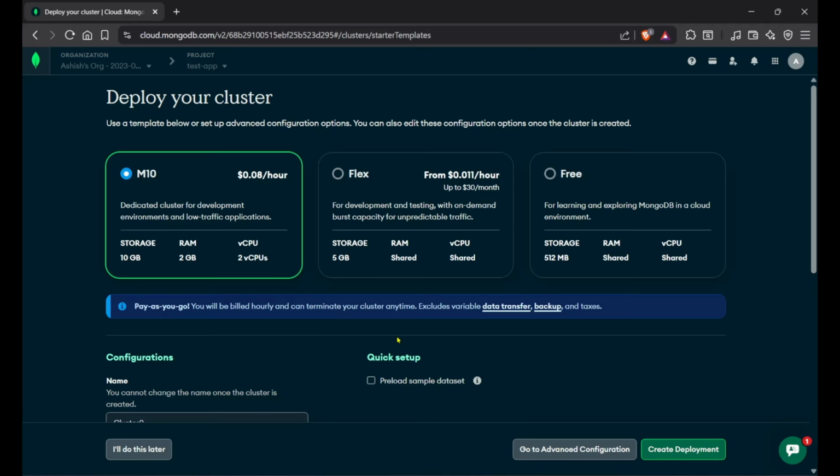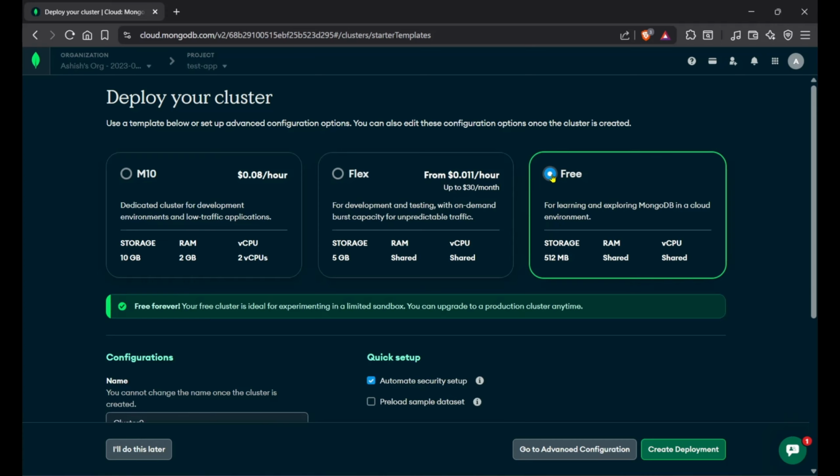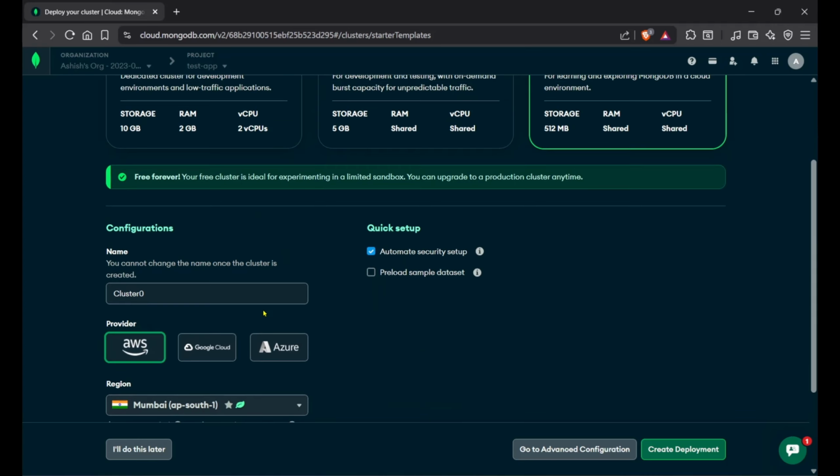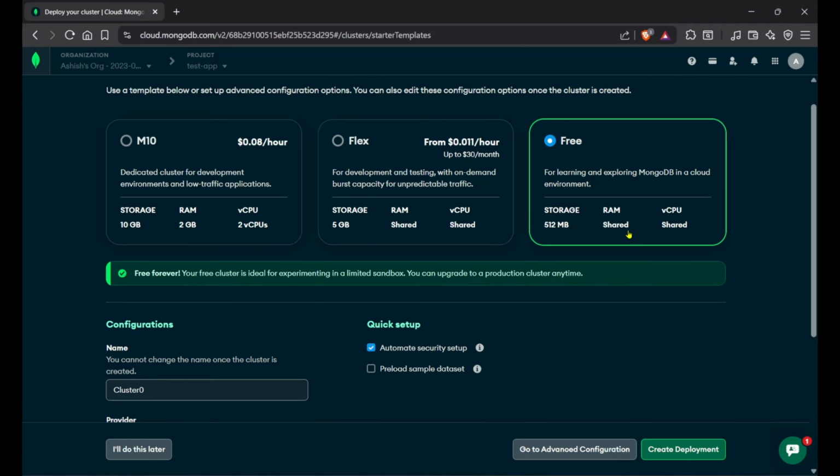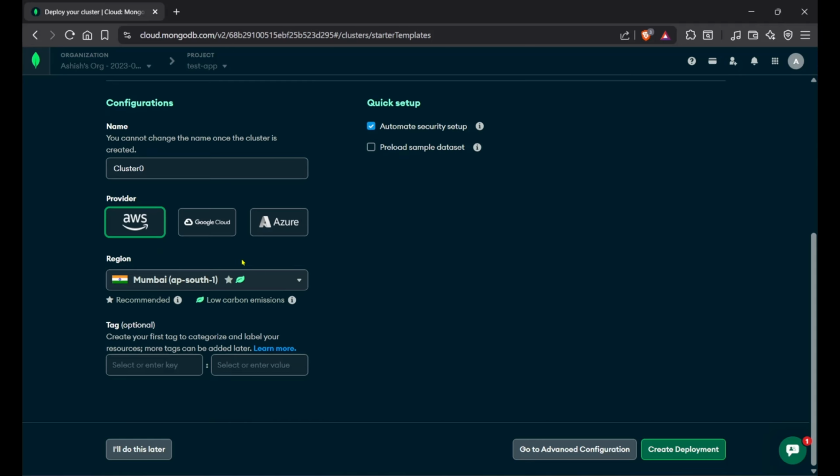So create a cluster. This is the cluster, and then we are going to select the free version because we are just going to be using it for free. So we will be provided with 512 MB of storage, and there will be shared RAM and shared CPU as well. So let everything else be the default, and then click on create deployment,